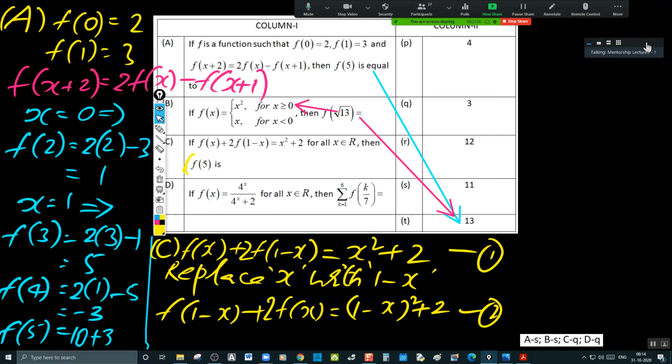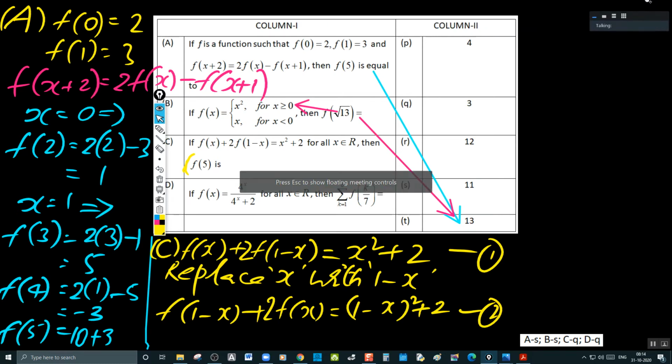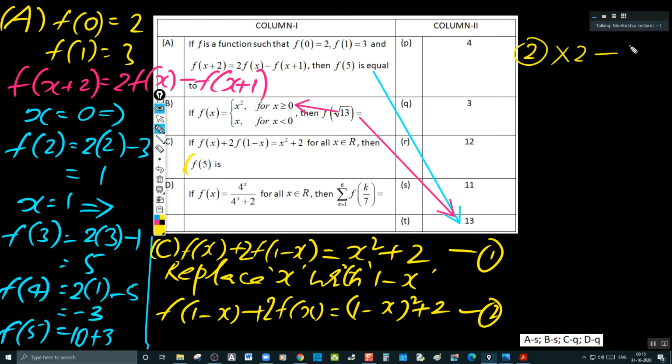Come on, you can do that, please, every one of you. Please try that. What is that I'm saying? 2 into, that is second equation, into 2 minus first equation implies, come on, tell me that. This 2 into f of 1 minus x gets cancelled. Twice fx minus fx becomes fx